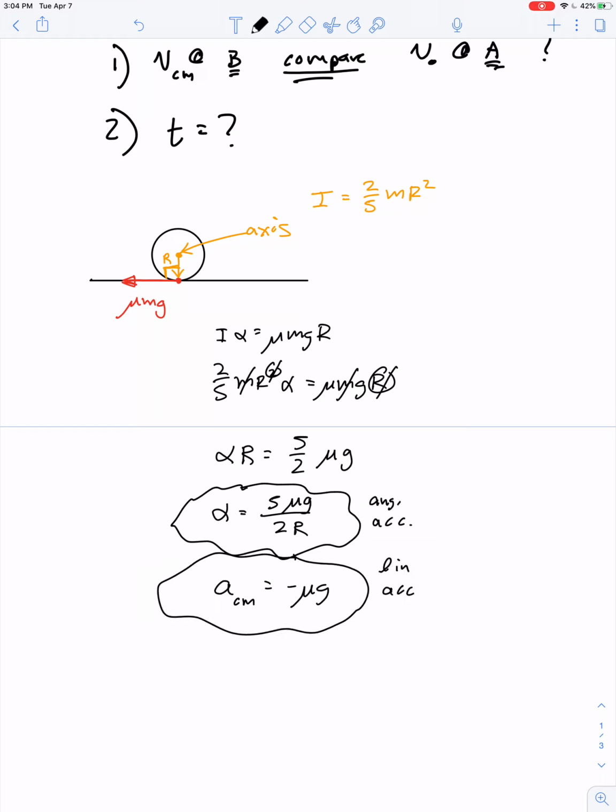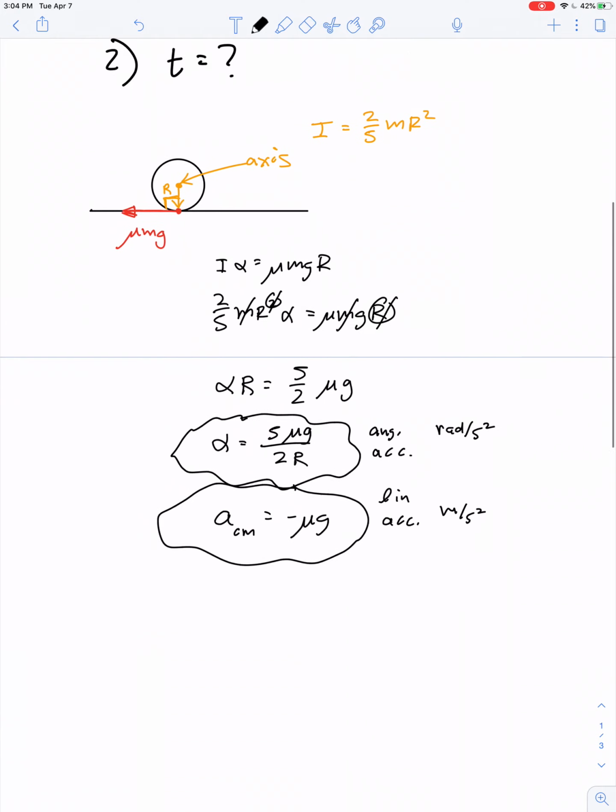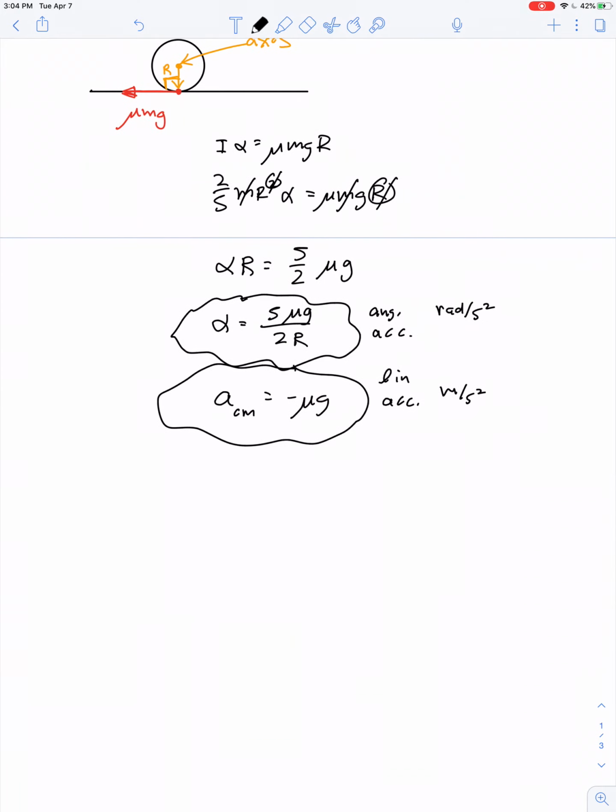There's our linear acceleration measured in meters per second squared versus our angular acceleration measured in radians per second squared. So let's look at the translational kinematics, and then side by side the rotational kinematics. Translation versus rotation. There's an equation that tells us that final speed equals initial speed plus acceleration times time. In the same vein, another rotational kinematics equation says final angular velocity equals initial angular velocity plus angular acceleration times